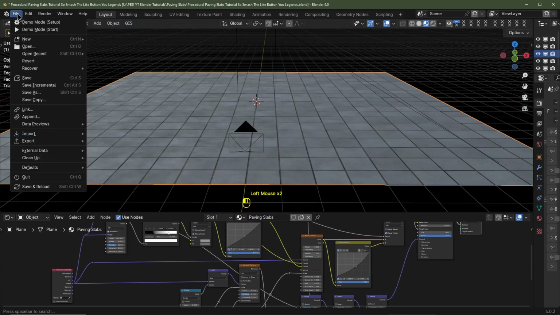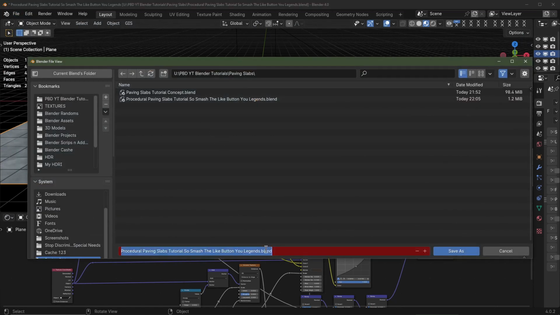It's always important to save your file. So go to File, Save As, and we'll save it as